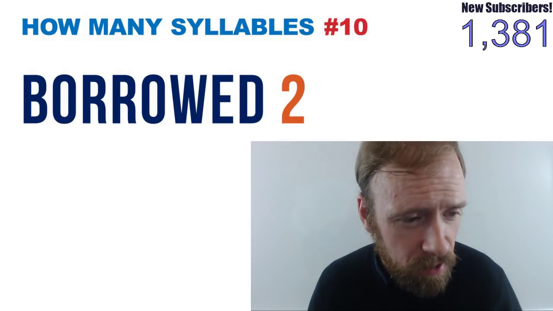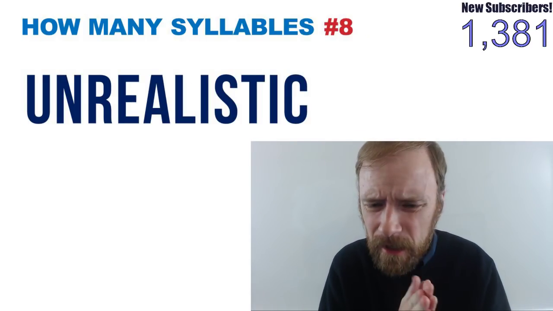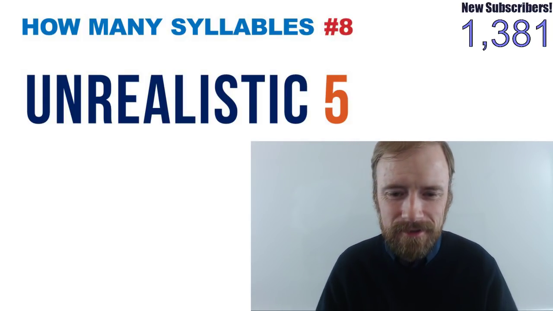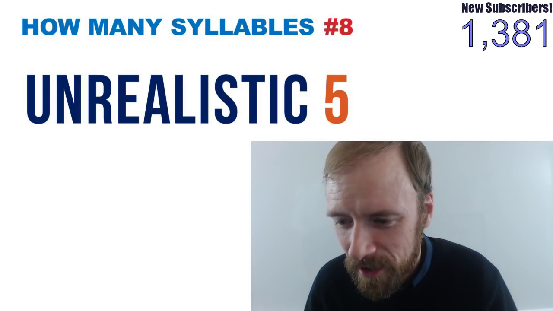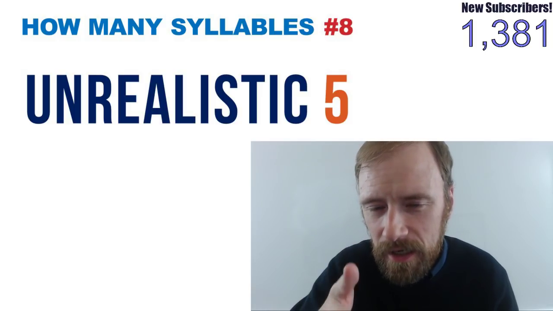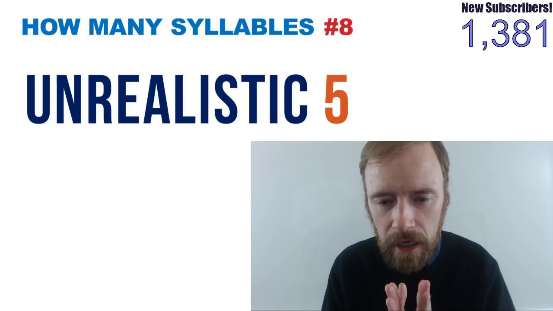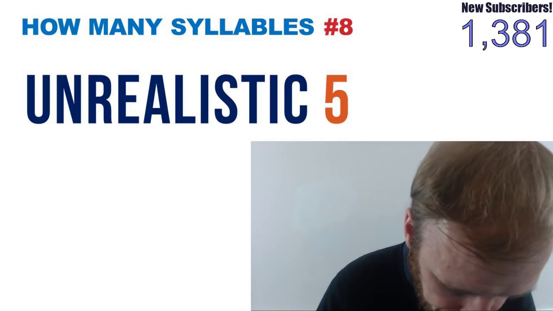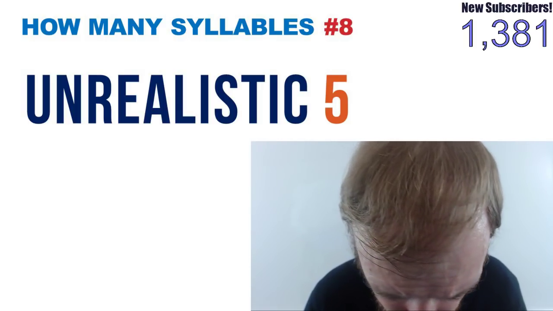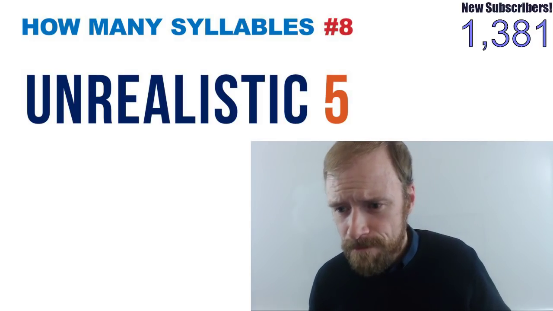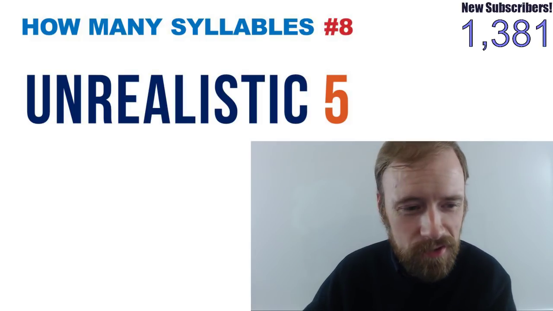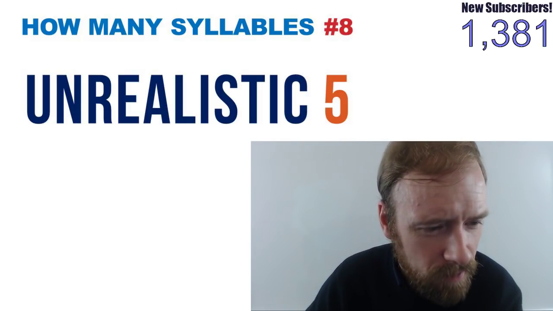All right, I made a mistake, guys. I'm going to go back to unrealistic. I checked that, yeah. For unrealistic, I made a mistake. Should be 5. I miscounted the syllables, guys. So whoever said 5 for unrealistic, yeah, we're going to split that E and A. Unrealistic. Because that will stand alone as a syllable. So that was my mistake. I felt something was wrong, so I rechecked it. All right, anyway,